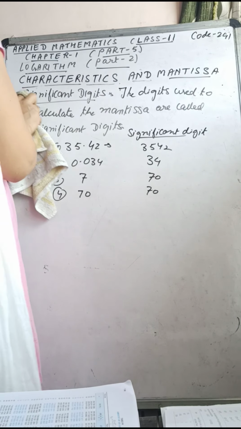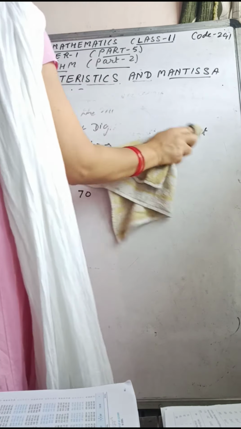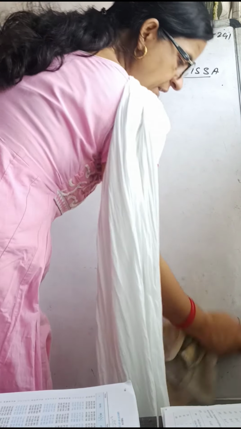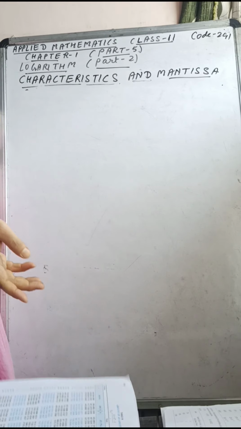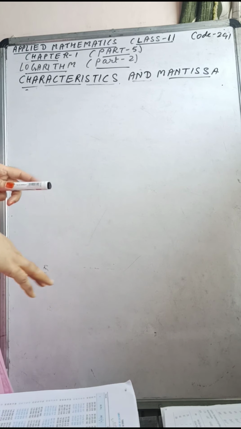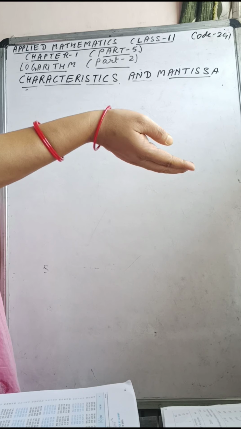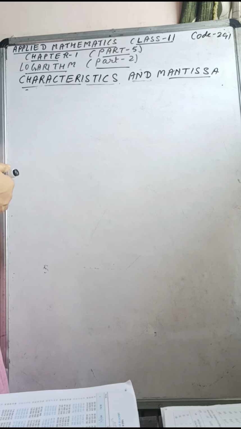Keep in mind, to calculate the logarithm of a decimal, the characteristic and mantissa are required. The characteristic we calculate by ourselves and the mantissa from the log table. Now open the log table. It is either given at the end of your book or in some other physics book, or in the practical copy in which you write the lab manual activities. In some activity copies also, the log table is given at the end.